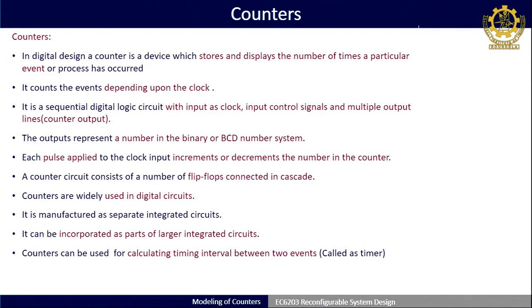So, counters, as you know, are used to store and display the number of times a particular event occurred. There may be a sensor in an industry connected in front of a conveyor belt, and on that belt many items are passing, like bags or other industry-related things. Sometimes we need to know how many bags pass per unit time. In that case we mostly require a counter so that we are able to count.